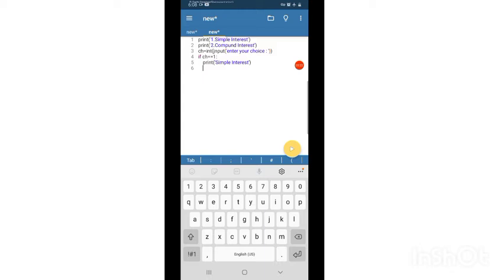Now to calculate the simple interest, we need the principal, the rate of interest, and the time. So we can write P is equal to int or eval, because floating point values may also come. So eval input, in single quotes enter principal.